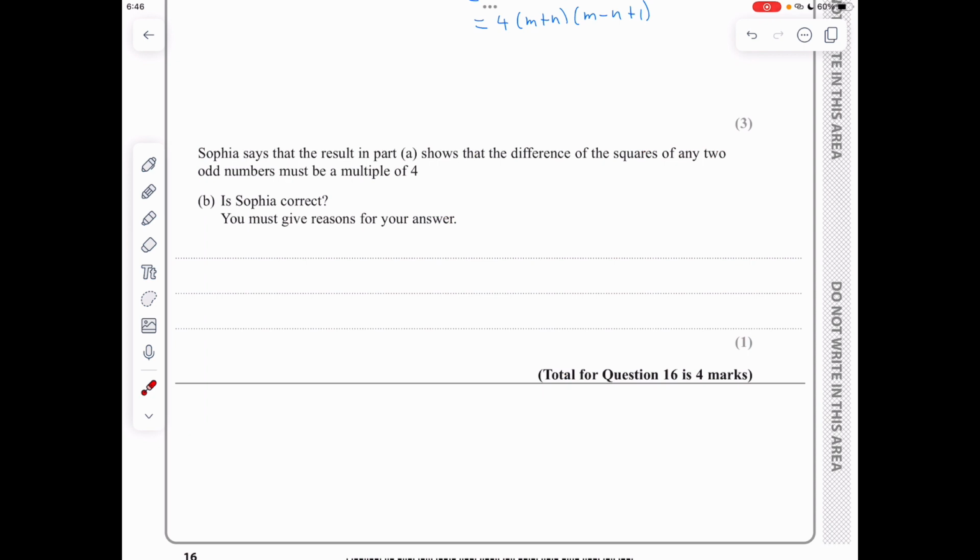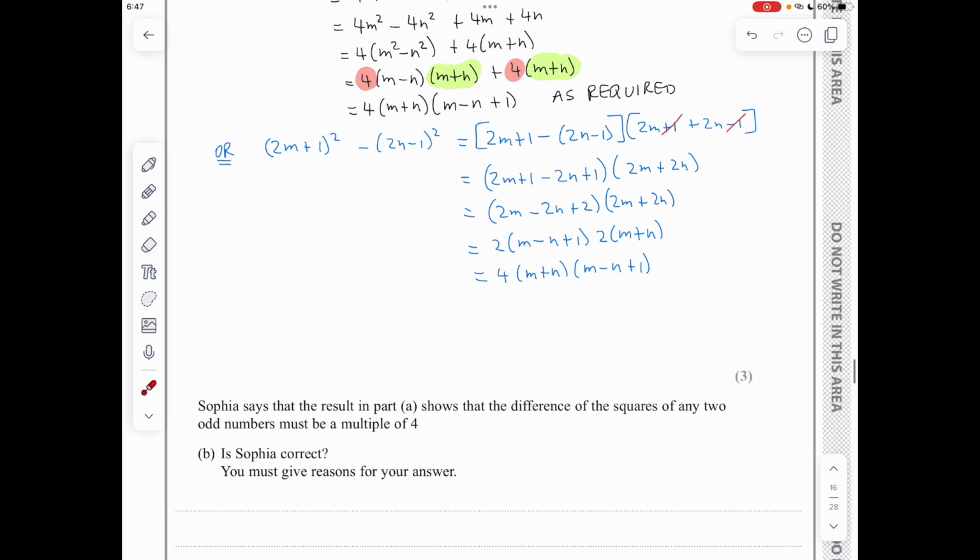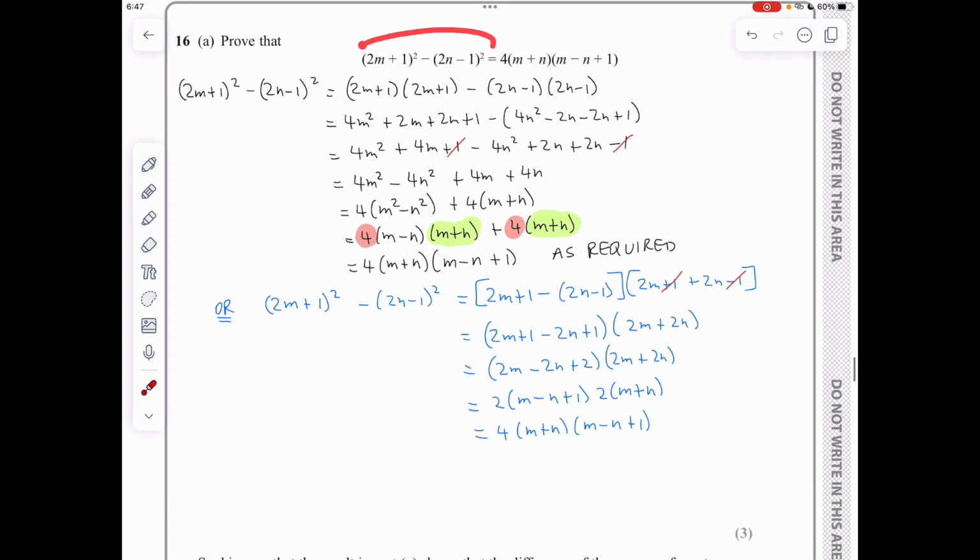We are then told that Sophia says that the result in part A shows that the difference of the squares of any two odd numbers must be a multiple of 4, and we are asked whether Sophia is correct, giving reasons for our answer. Well, if we look at the original expression, it was 2m plus 1 and 2n minus 1 all squared. That was the difference of two squares, and actually 2m plus 1 has to be an odd integer and 2n minus 1 is another odd integer,